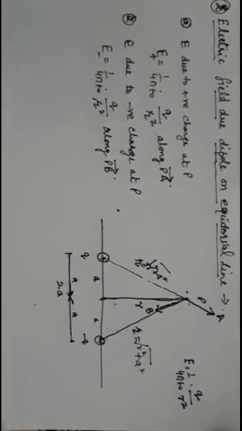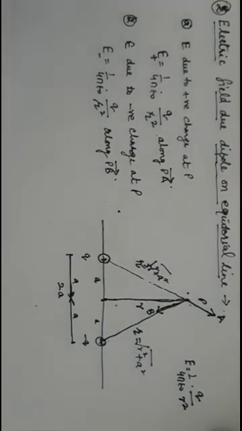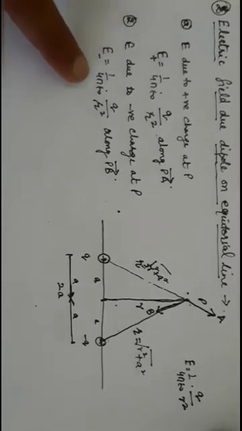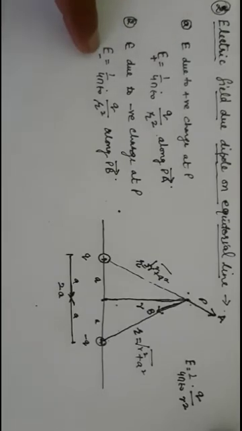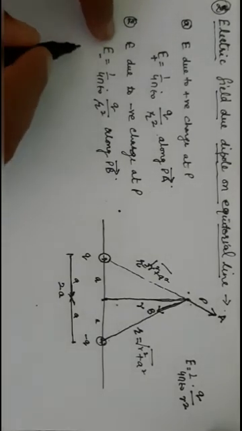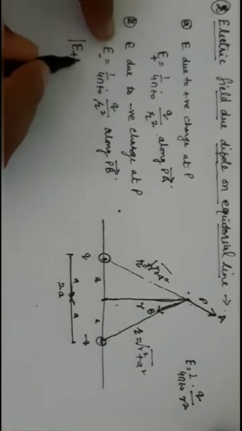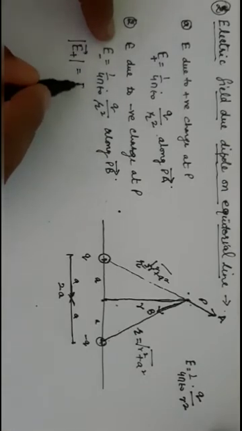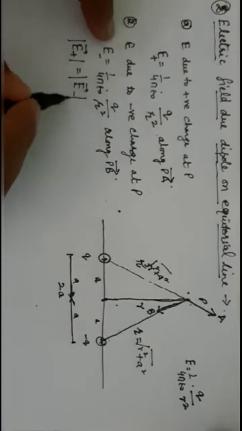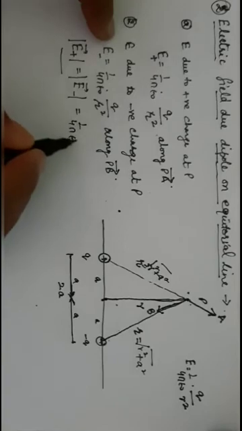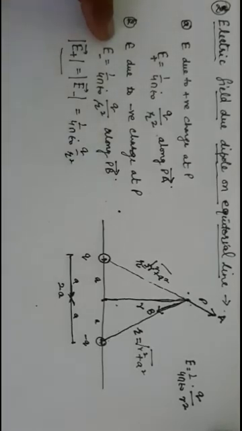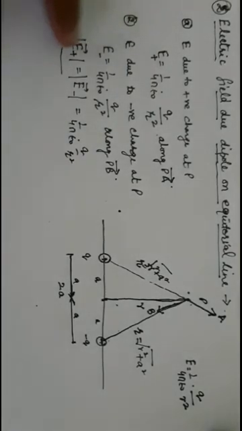So we have calculated the electric field due to positive and negative charge. Here we observe that the magnitude of electric field due to positive charge and due to negative charge is equal. So we can say that electric field due to positive charge magnitude is equal to electric field due to negative charge magnitude. It is equal to 1 upon 4 pi epsilon naught Q by r square. Now to find the resultant, we have to see the direction.